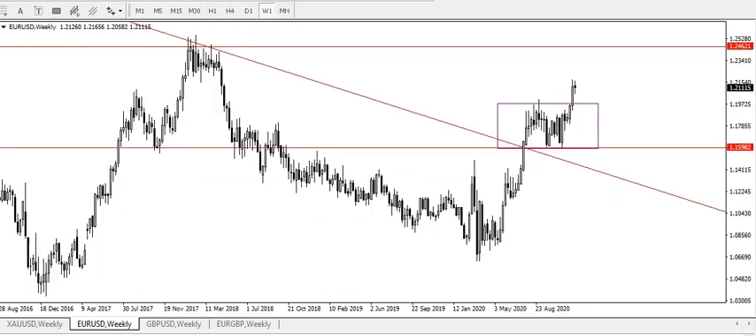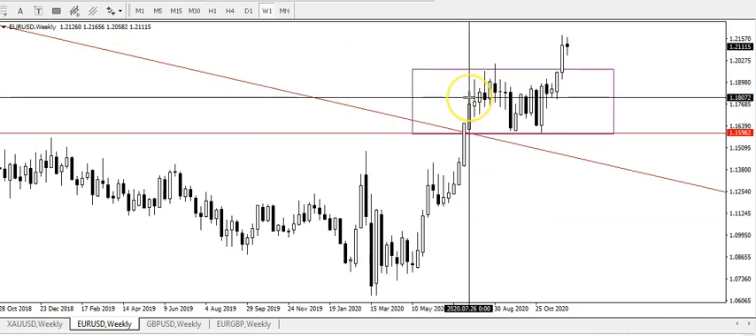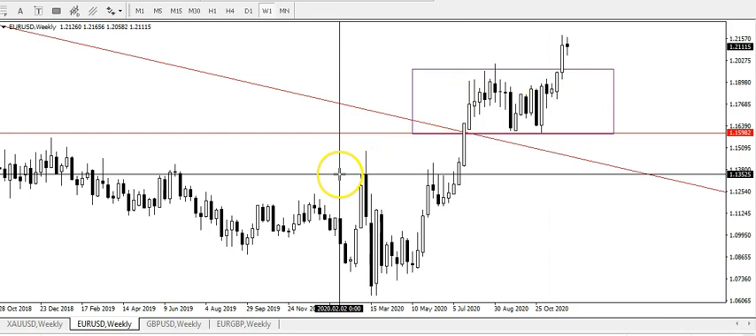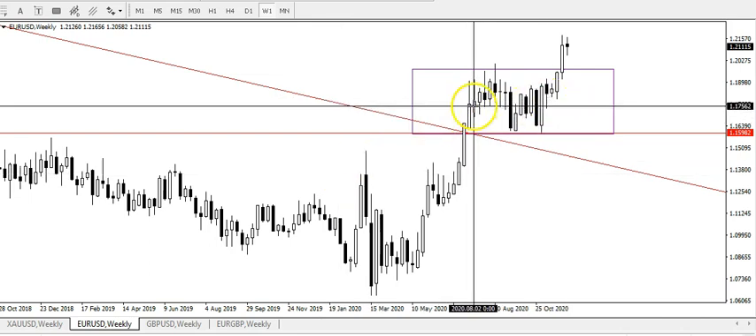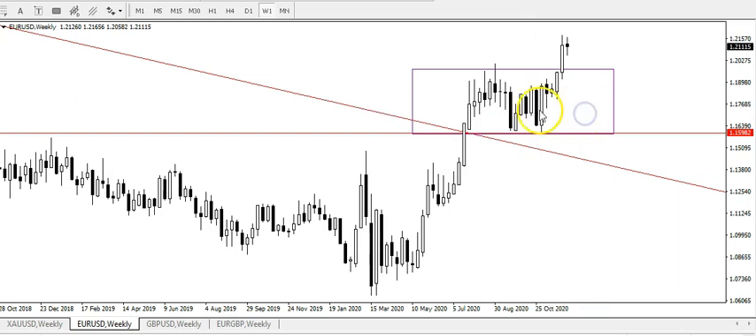Right now, what I have in front of me is a consolidation that started at the end of July. Price has been choppy around this area, especially during the U.S. Presidential election where Donald Trump was defeated. Looking at price action, price has moved above this little box here,